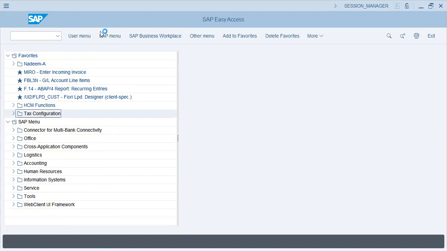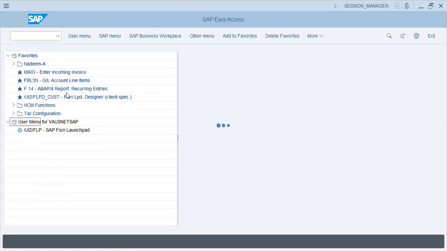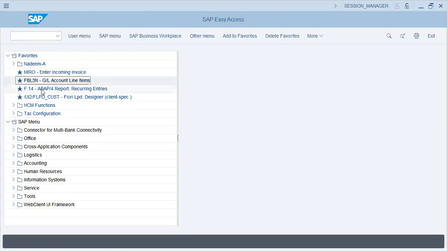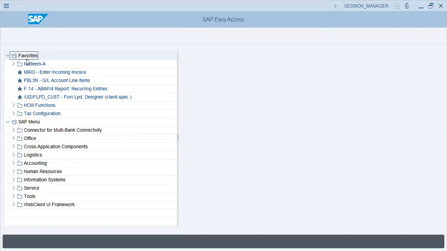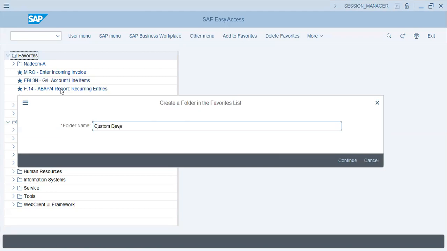SAP menu, okay, this is our workspace, and we can have our own user menus where our favorites will be displayed, and SAP menu is the one supplied by SAP. And of course, we can create our own and store our own T codes that we will actually work with. For example, if I want to add a T code, what I'll do, insert a folder, custom development,